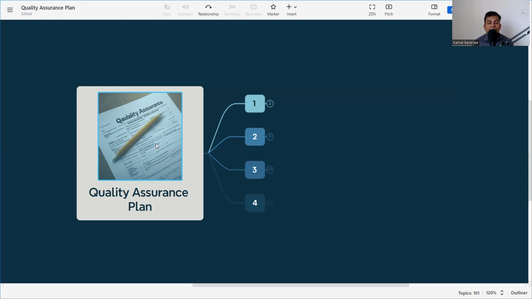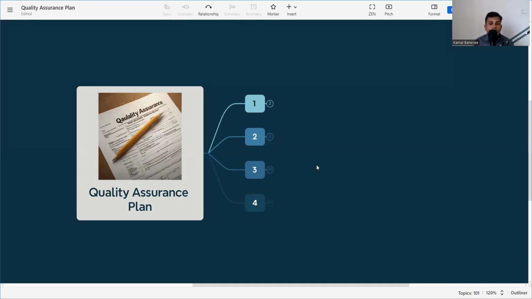Without wasting time, we start with the quality assurance plan. Now, what is quality assurance? That we need to know first before starting the quality assurance plan. Quality assurance is a systematic set of activities or procedures which ensures that the product will meet the client's expectation or requirement. What does it mean?